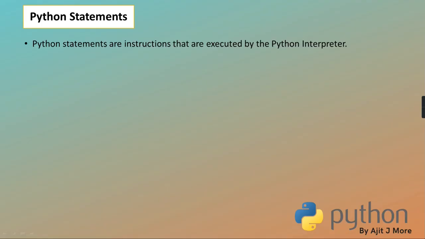Okay. So what is a Python statement? I hope it is clear. Python statements are instructions that are given to the Python interpreter, and the Python interpreter will take that instruction, check its syntax. If it is valid, convert to bytecode, then give it to the PVM, and the PVM will convert to machine code, give it to the underlying CPU for execution, and you'll get the result.